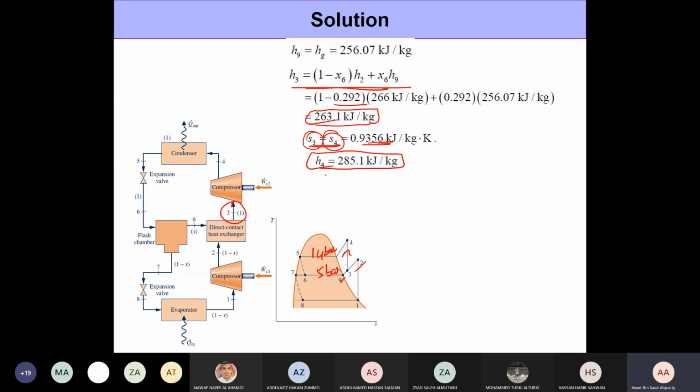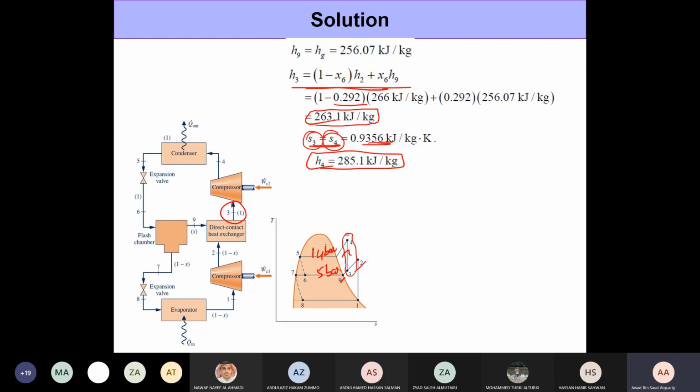So this certainly is a little bit more involved. So we will most likely not be asking you to determine, let's say, the entropy at state 4 in an exam, because this will be asked in a homework, for example, since it takes a lot of time. We can ask you the enthalpies at other states though. So once we have h4, we have basically determined the enthalpies at all other states.